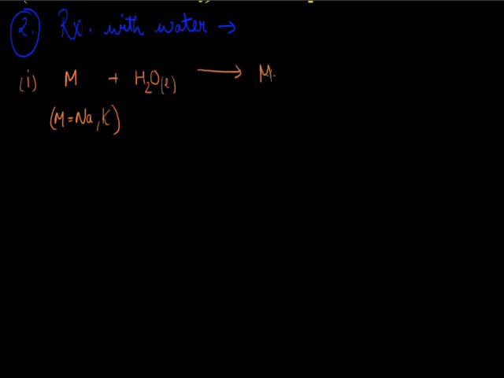They react with water to form hydroxides. Okay, they'll form their corresponding hydroxide, and here there will be liberation of hydrogen gas. Now the gas liberated sometimes catches fire because of the highly exothermic reaction between the metal and the water. Exothermic means energy is released in this case. When a metal reacts with water, a large amount of energy is released when the metal is sodium or potassium. So you can say the reaction is exothermic.